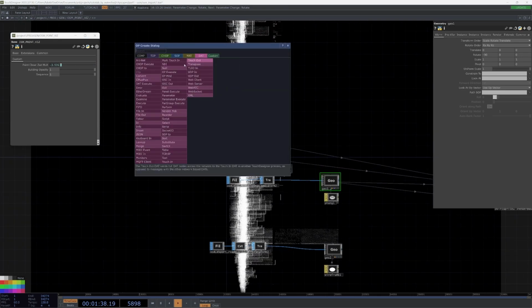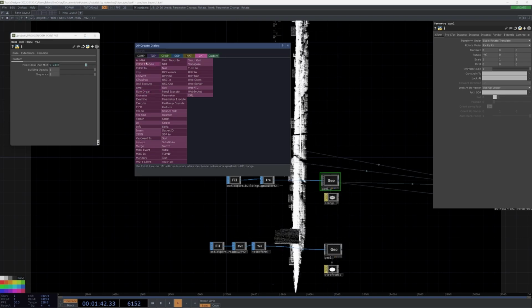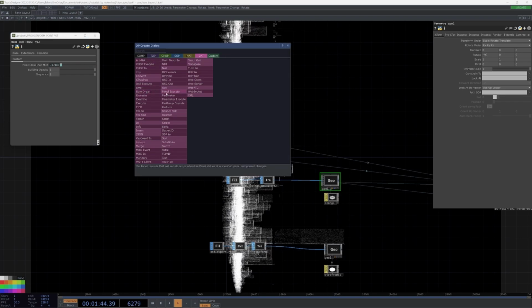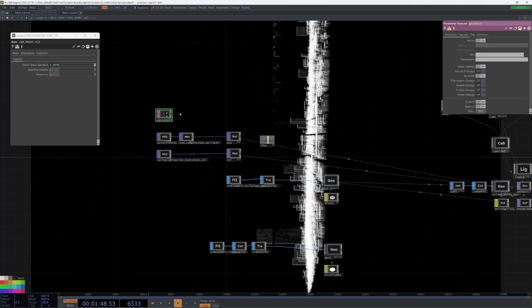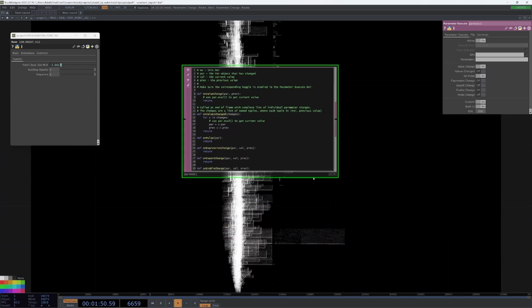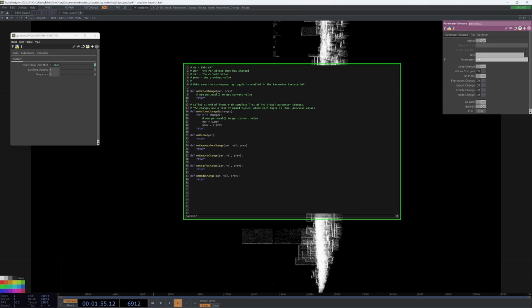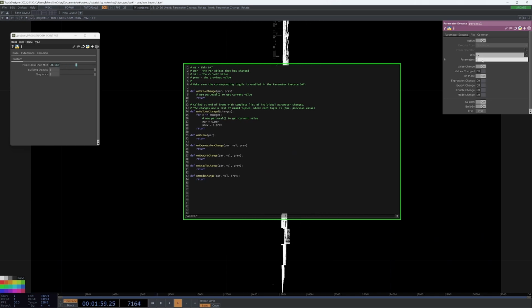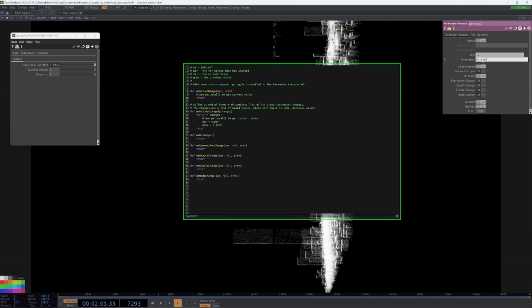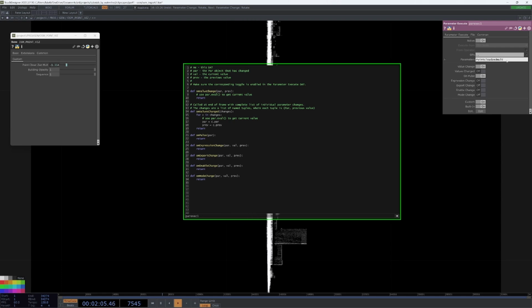So what we can do is a parameter execute. I'll put it up here. And then this parameter execute, we'll point it at our parent component, and then the parameter point cloud zmult, and then, oh no, not that parameter,